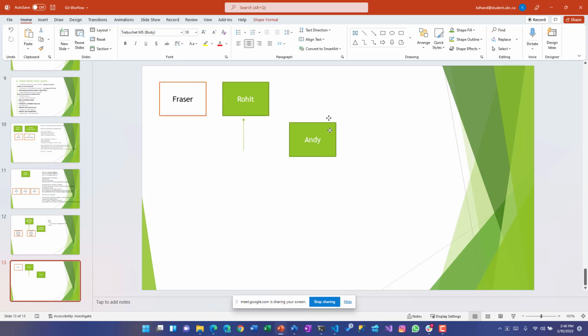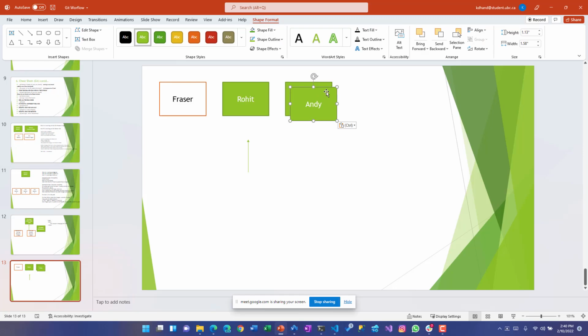Now, the first thing you need to make sure is that somebody out of you, it can be anyone, so that nobody is going to lose anything. Let's say we choose Andy. Andy would be creating an actual GitHub repository, right?